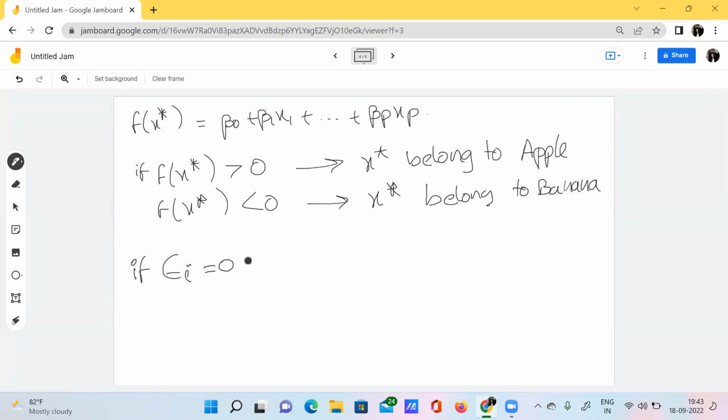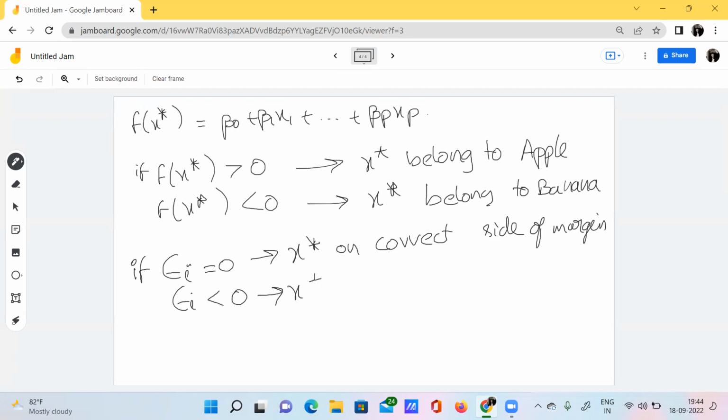If epsilon i is equal to 0, what does that mean? Then our data point is on the correct side of the margin. If epsilon i is less than 0, then this data point is on the wrong side of the margin.